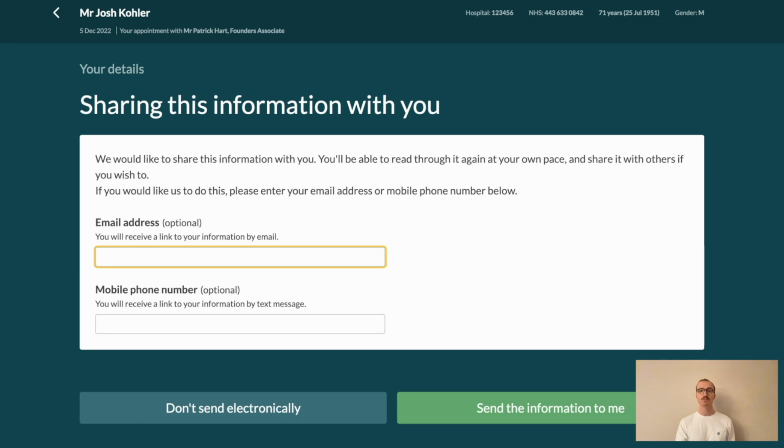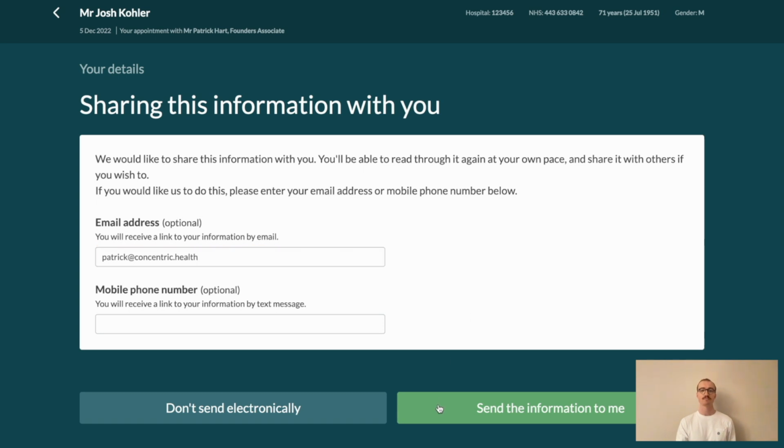Information can be shared at many points during the Concentric process, including following signing to give consent. Secure access to the Concentric patient application with the patient's personalised information, including the completed consent PDF in this scenario, can be shared via email or SMS. Where possible, contact details will be brought through via integration to pre-populate these fields. To demonstrate what the patient receives, I'm going to enter my email address here. If you're following along with your own consent episode, enter your own email address here to see what the patient